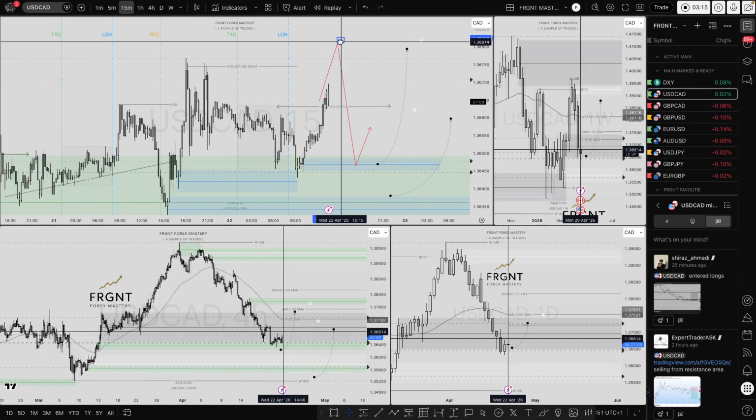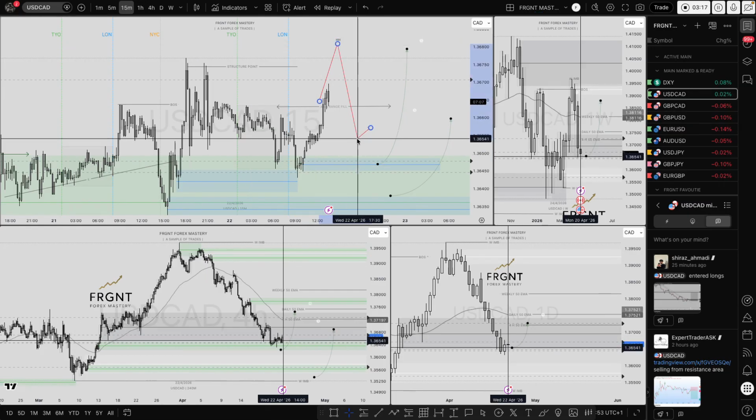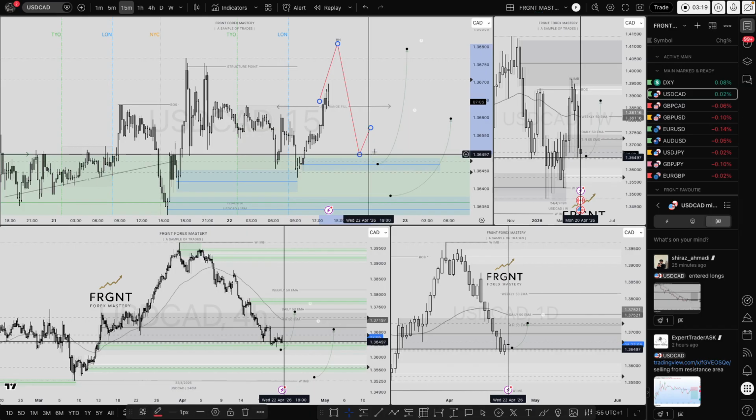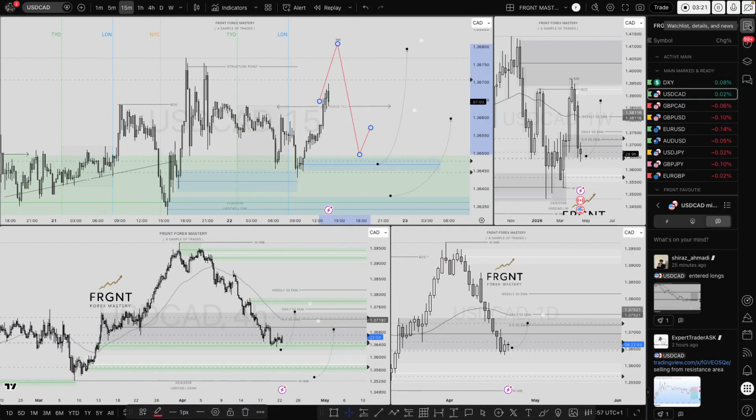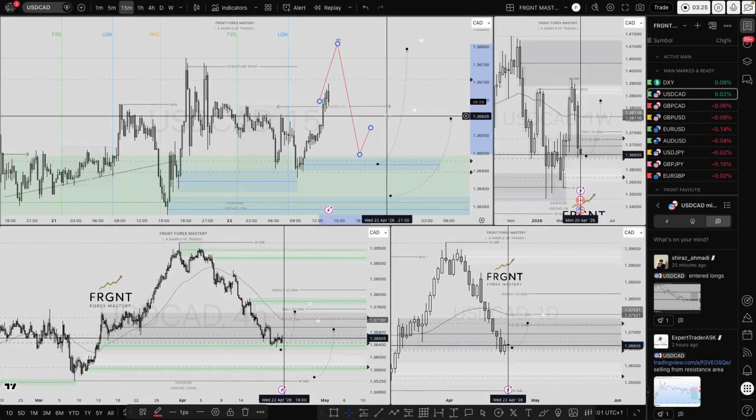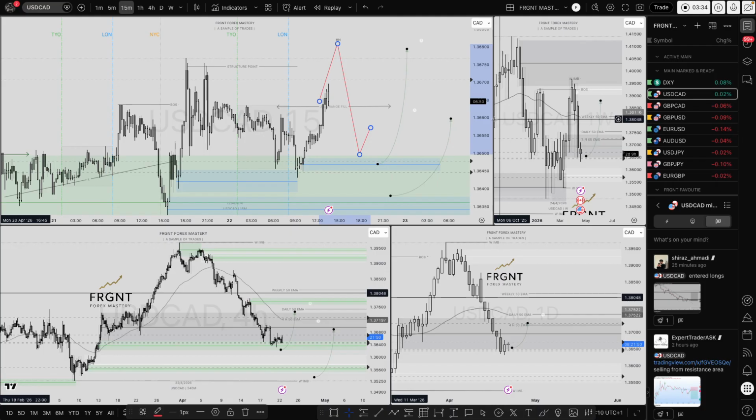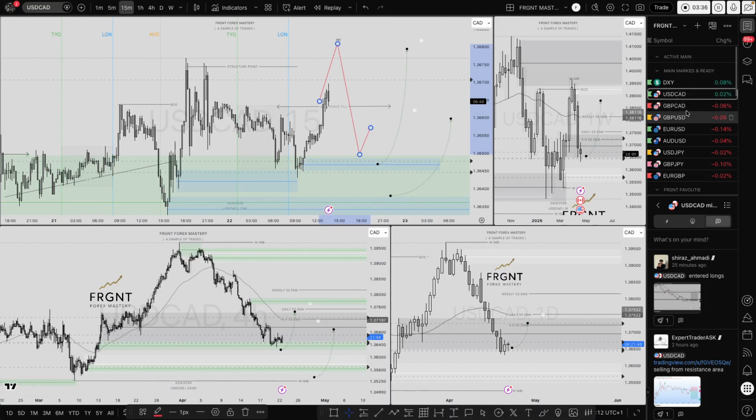In an ideal scenario, I'd love price to actually break structure completely, and then I'll simply move this higher high across and expect much of the same after a higher high, the most basic form of price action: higher high, higher low, continuation for that higher high. So that's a grand example of the forecast coming to fruition. However, entry criteria and technique did not allow me to take an entry. It is what it is, as I say. Cookie crumbles, and if you want to take a shower, then expect to get wet from time to time. So that's US dollar CAD.